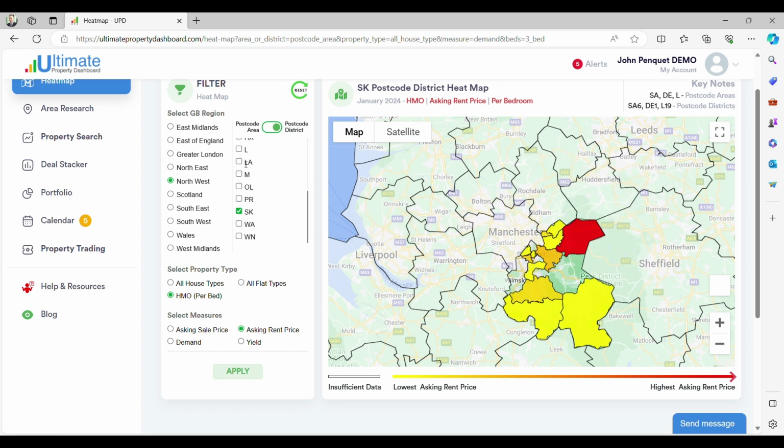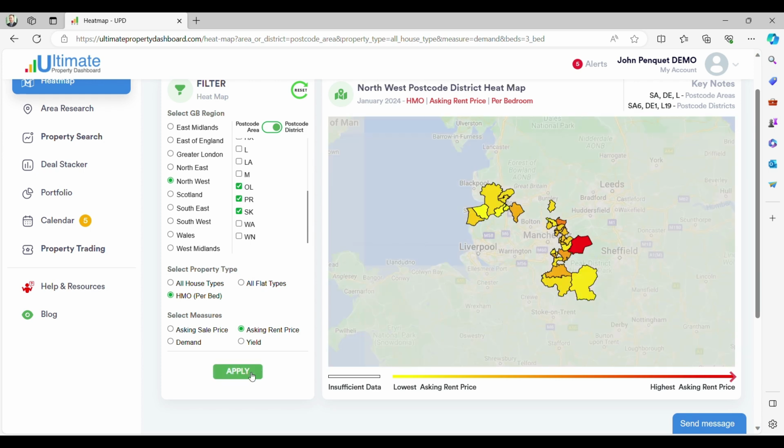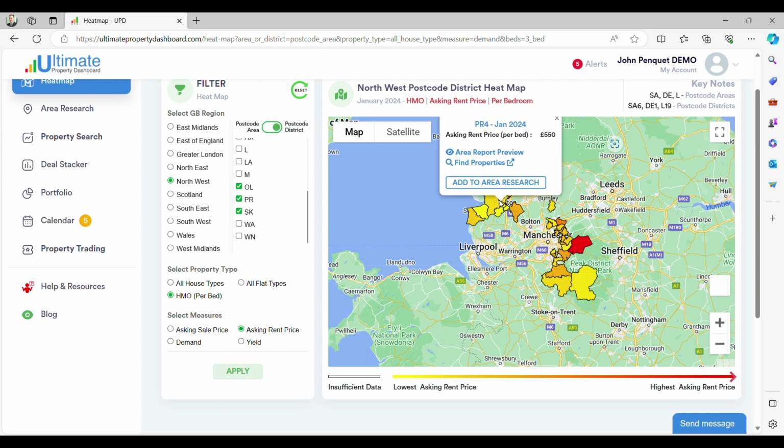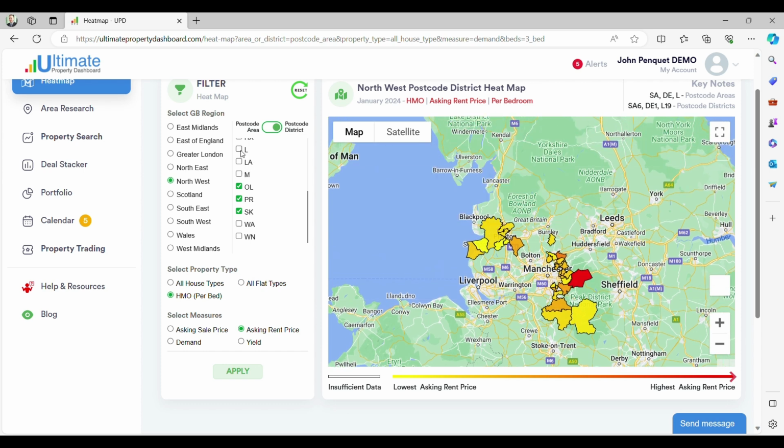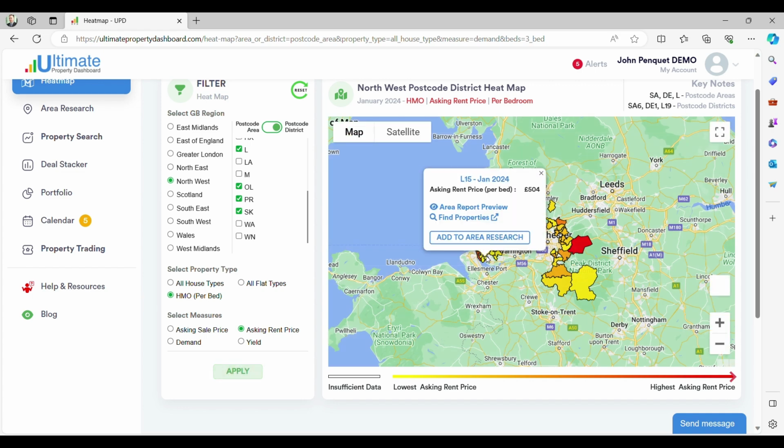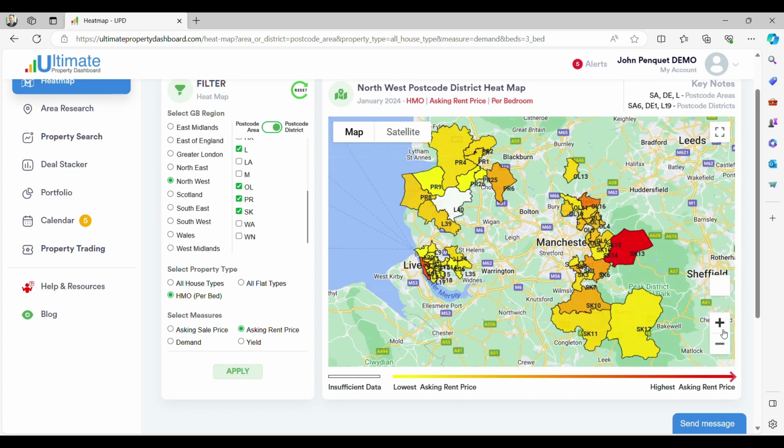And again, we can stack in other areas. We can put extra areas in and compare them all. You compare this area to that area. We've put Liverpool in as well. Why not? We'll put that one in as well. And you can see now we've got a map showing the average asking prices and the average sales prices. You'll also notice when you get down to this lower level, I can actually see the demand